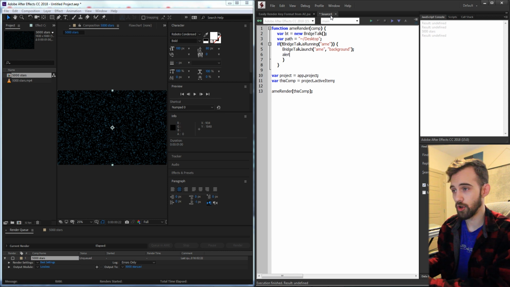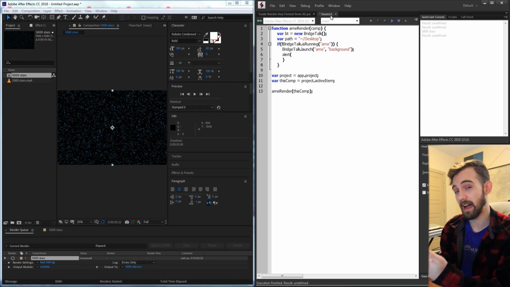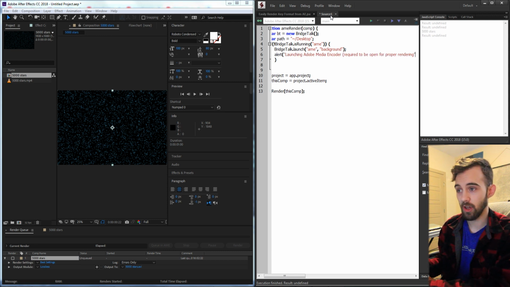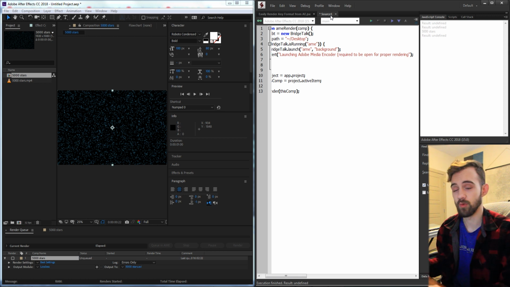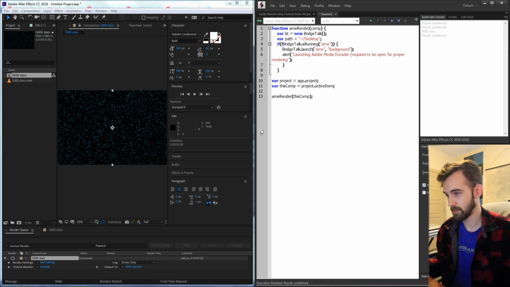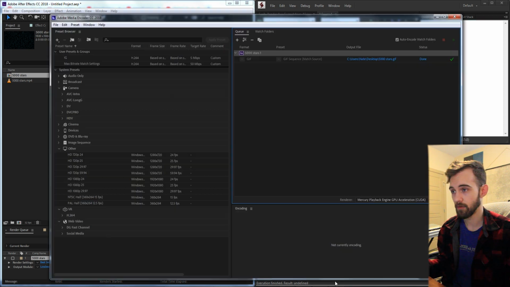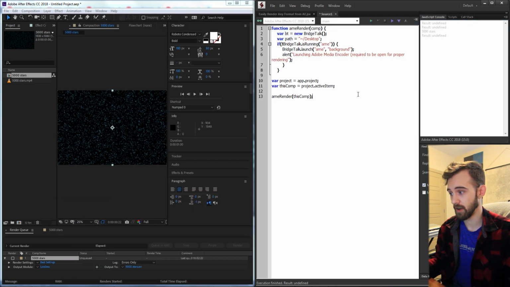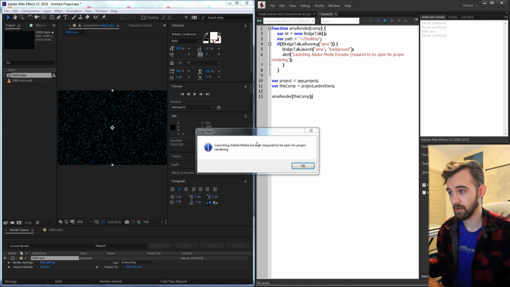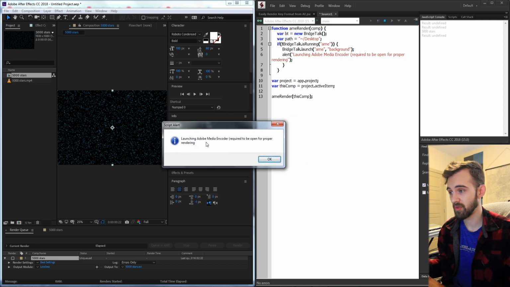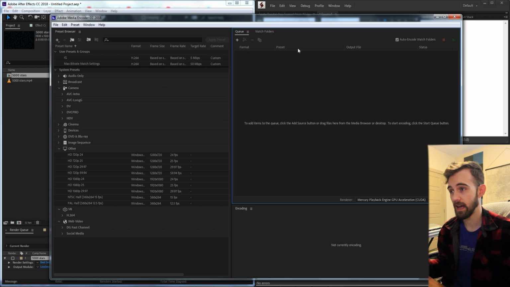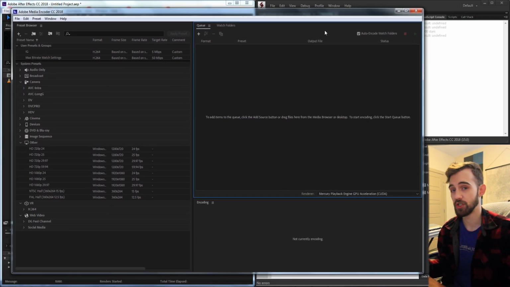And just so the user knows we're going to be launching an application without asking, I'm going to alert that we're launching Adobe Media Encoder and that it's required for the proper rendering. So I'm going to launch it and then alert to them. So if I go ahead and close Adobe Media Encoder and run this script, you can see we're going to get that message saying Adobe Media Encoder is required, and as that's happening, it's also launching the program in the